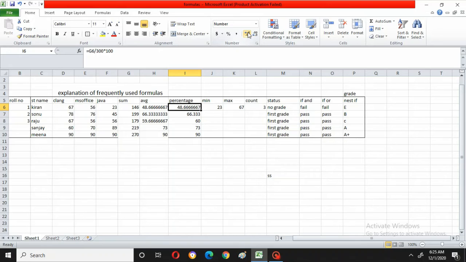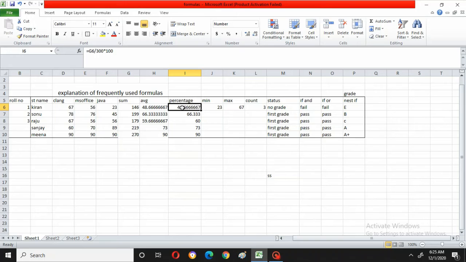You get the same thing as average, but understand that average and percentage will be almost the same. But average can be more than 100, while percentage cannot be more than 100. This average can go beyond 100, but percentage cannot go beyond 100%. In that way only you can tell them apart.